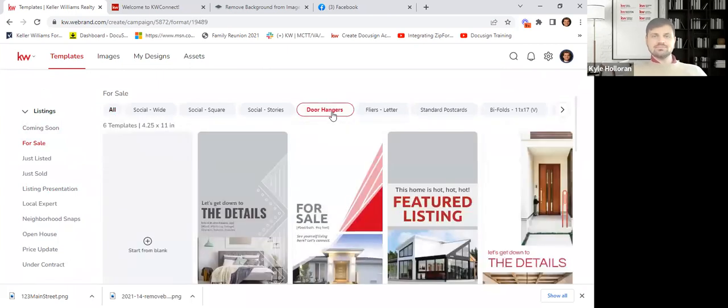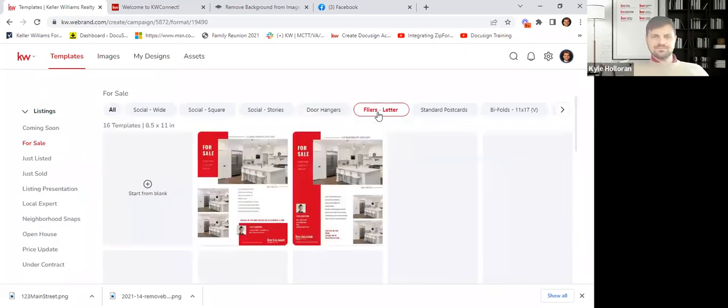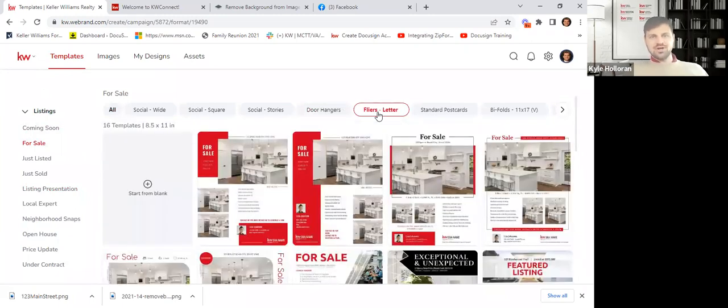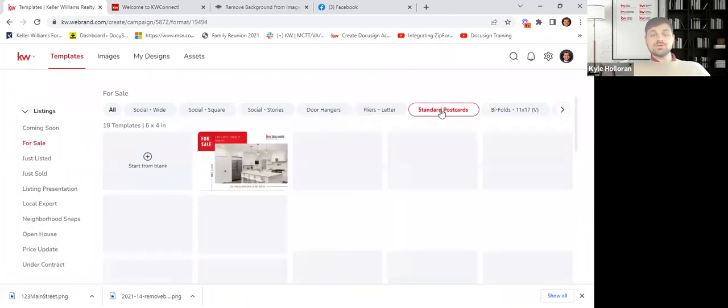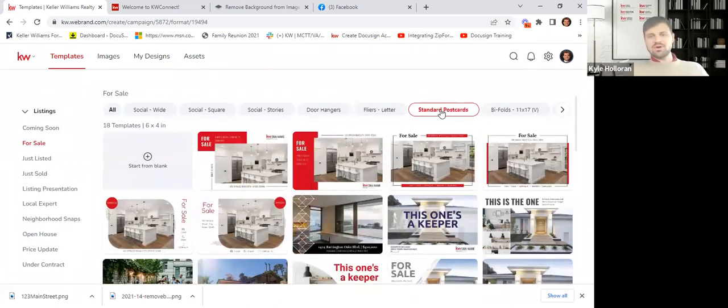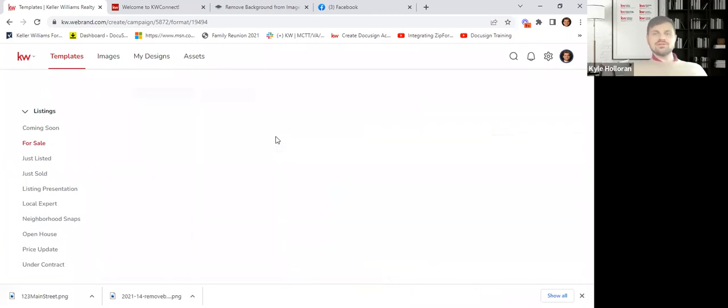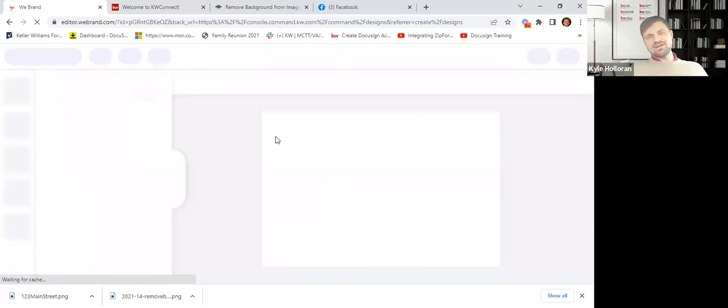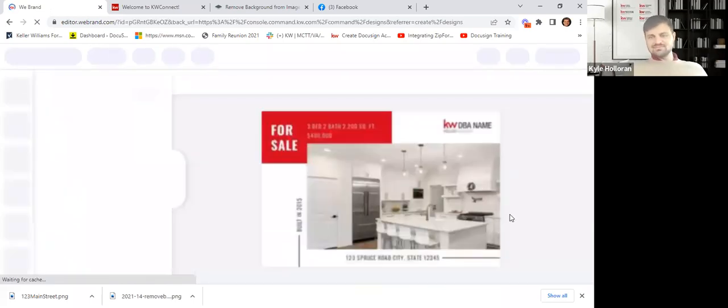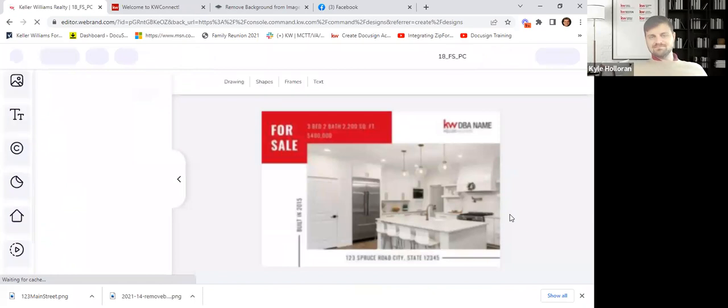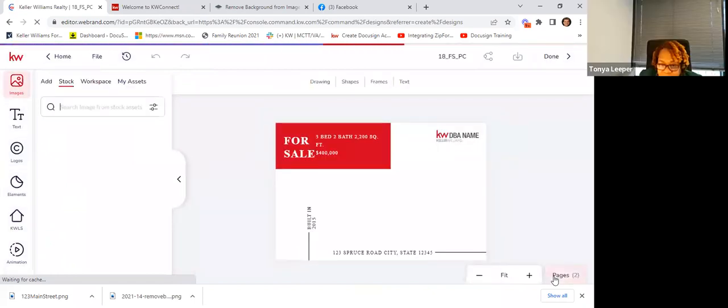Door hangers. Anybody ever want to create a door hanger and walk a neighborhood? Flyers. There's your property flyers. You could create, print them out, take them with you to your open house, have them sit down on the table. Postcards. Hey, I want to create a postcard and I want to circle prospect a neighborhood. They look like the social graphic, don't they? They look similar. What did I say was the difference between a print graphic and a social graphic? It's front and back.